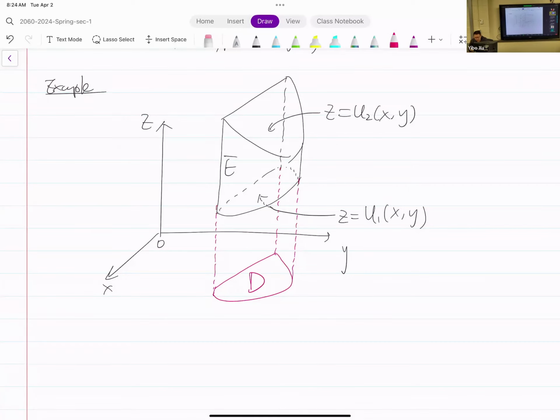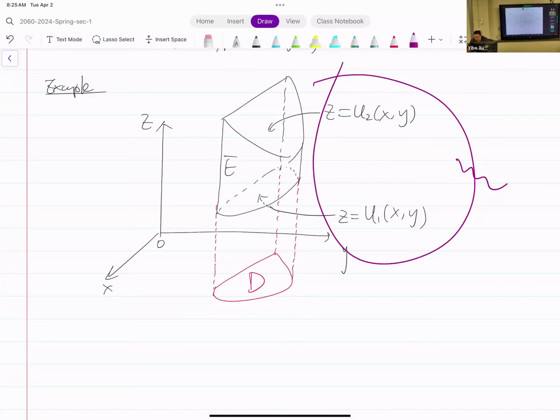So by this description, you can say, okay, as long as I know how to describe the region D in terms of x and y, I can just append the description of the solid by introducing z, cut between u1 and u2. Okay, so